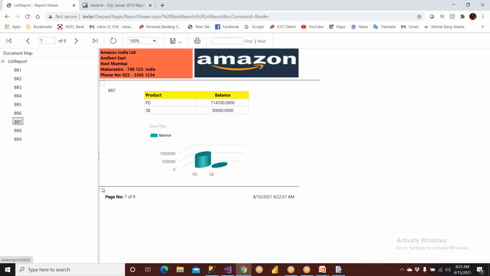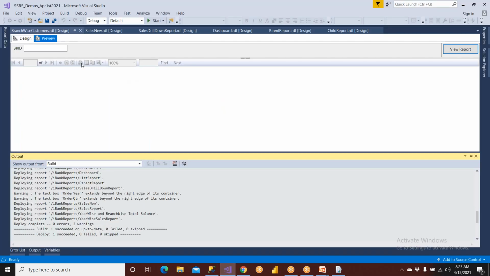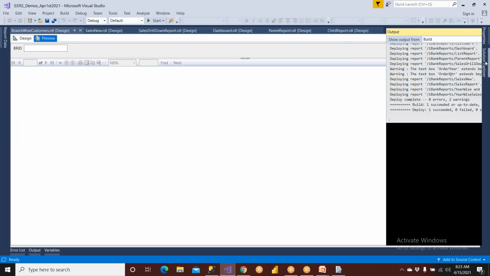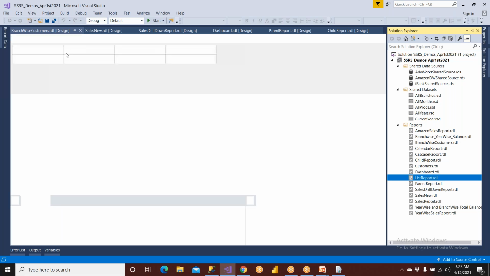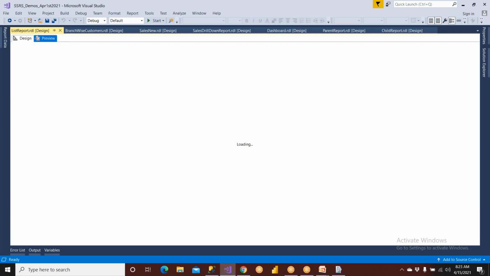Have you seen this? This kind of testing needs to be done before deploying, because the customer will ask you, what is this nonsense you're creating, right? So did you test it properly? You should not say, sir, I have previewed here itself. Previewing in the list report, when you go, you will preview. A lot of things are not very clear, right? When you go here,